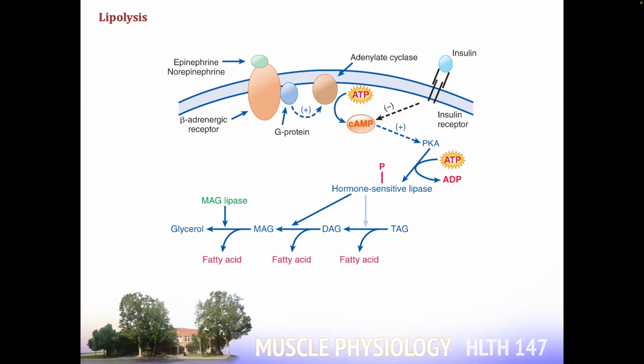TAG, that's a triglyceride or a triacylglycerol. DAG, that's a diacylglycerol or a diglyceride. And then MAG, that's a monoacylglycerol. Hormone-sensitive lipase really works on the DAG, on the diacylglycerol, much more than the TAG, the triglyceride. What does most of the work on the triglyceride is adipose triglyceride lipase, and I'll talk about that in